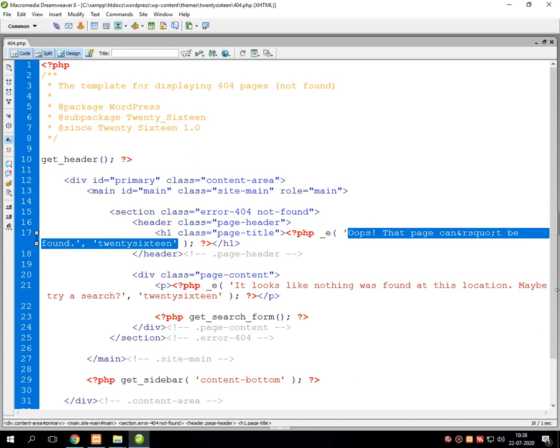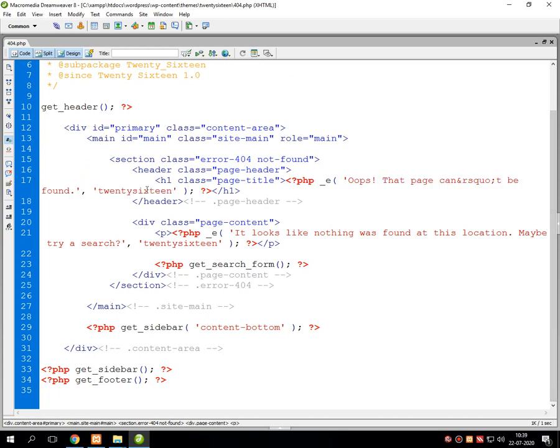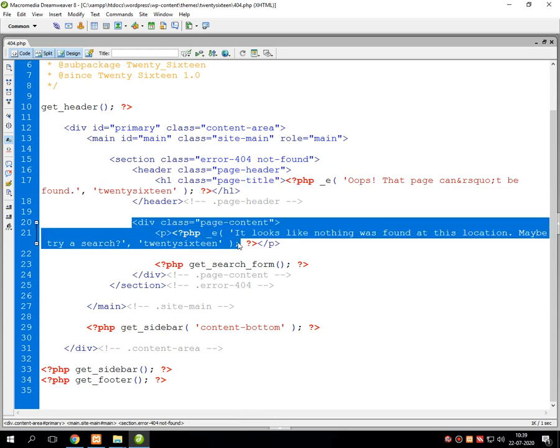Now suppose this is one part of the exception which can be handled during the execution of 404.php. Another part of the exception is given over here.